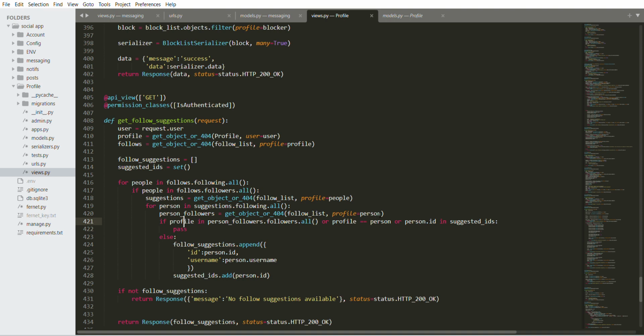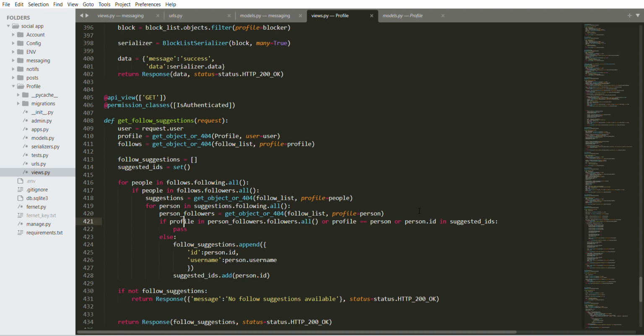Or person ID in suggested ID. So person ID is basically if the person is appearing again in the suggested IDs, like the person that we are seeing, we've already previously seen the person in previous suggestions. So like I was saying, user A follows user B, user A follows user C, B follows D, C follows D. Now while iterating, user B already follows user D. So that means it's already added to the follow suggestion.